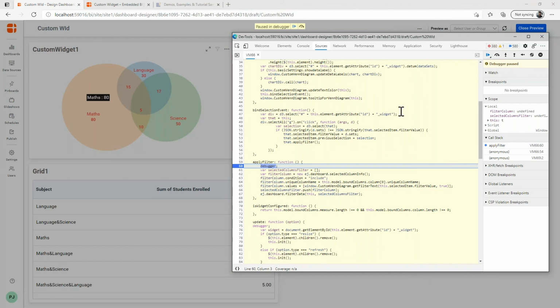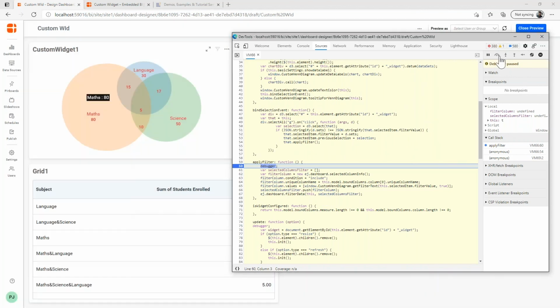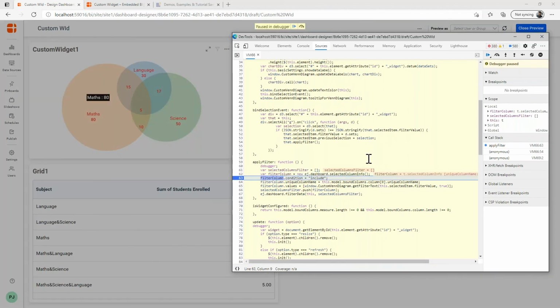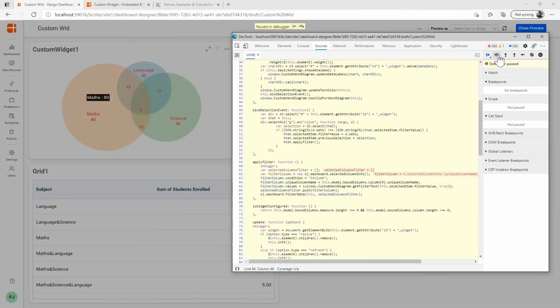Okay, so now let me show this. The selected column info basically has two properties. One is the unique column name and the other is the value. So I'll get the unique column name here from the widget, and also the selected value from the widget, and then I will pass it on to the API.